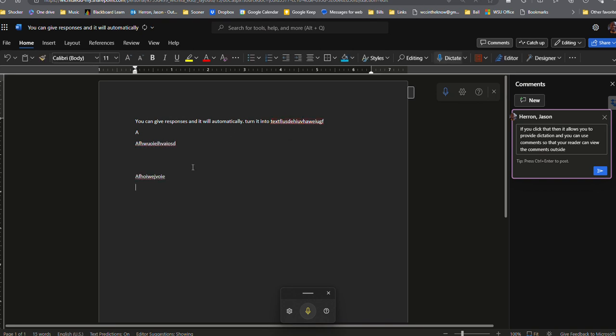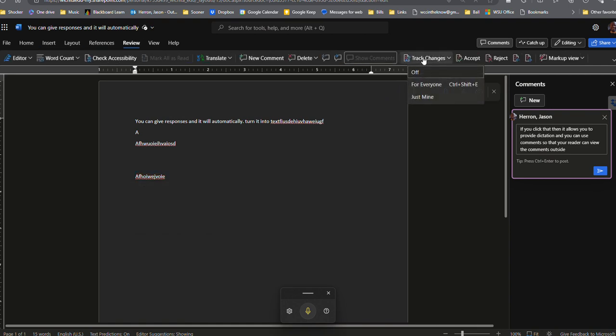What you don't want to do is leave your comments in here because all it's going to do is give you more confusion. Even if I turn on track changes and this person writes something and I want to provide some comments, if I turn on the dictation function, it will capture it